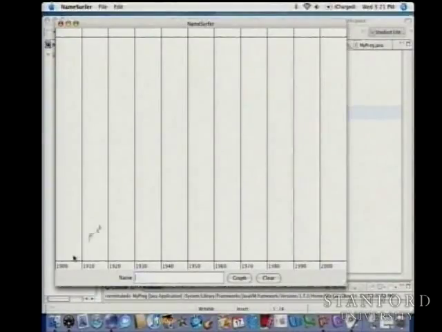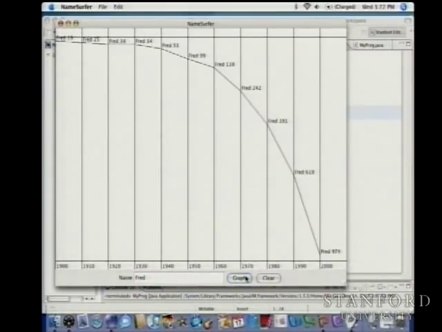Here's the program. What it does, it shows you the decades. You can notice that this involves graphics, right? It has the decades from 1900 up to 2000, so relatively recent data up to the last census. And what we can do is type in a name and then click graph, and it will show the rank of that name over time on a decade-by-decade basis. So let's try Fred, for example. If we graph Fred, you can see Fred was really popular at the turn of the prior century, and then Fred just had this quick descent into oblivion, where now he's the 974th most popular boy's name, at least in the